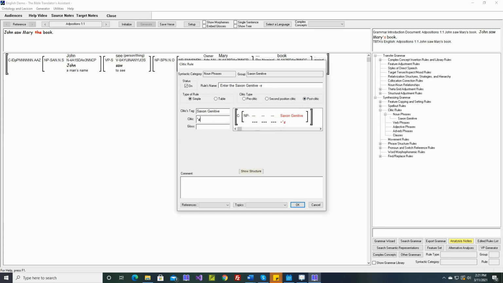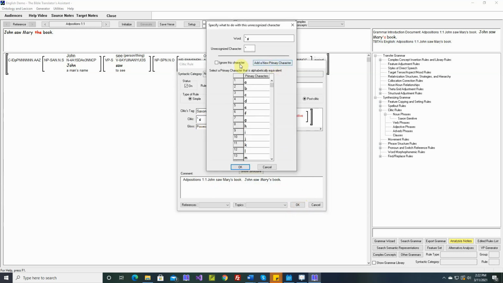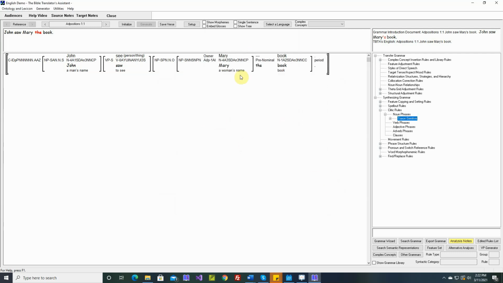And we'll enter the actual clitic, apostrophe s, the gloss, possession. Let's enter a comment. I'll say OK. You cannot use an apostrophe as a character because it has special significance to this program. So let's change this apostrophe to that character. That's close. We'll clean this up later, but for now. Okay, so we've entered a new character. The unrecognized character is this mark. We'll say ignore this character. Say OK. Now we need to update the phonetic features for it. It's not applicable. It's not a consonant. It's not a vowel. Not applicable. So now if we generate this,